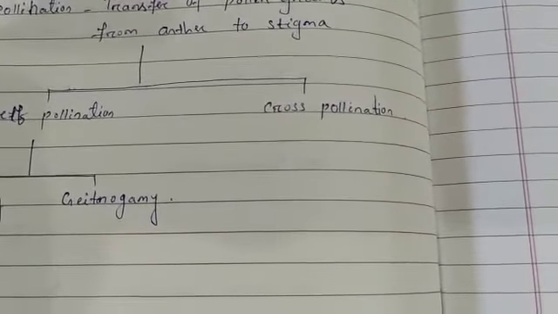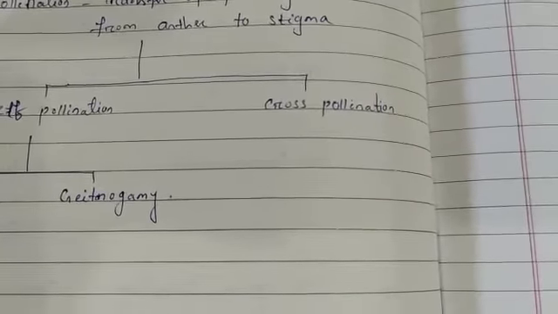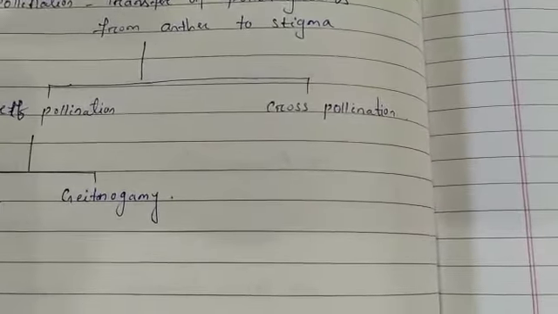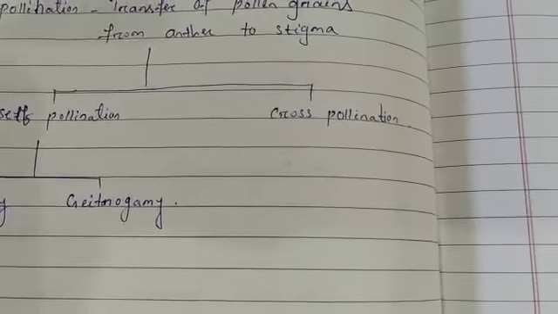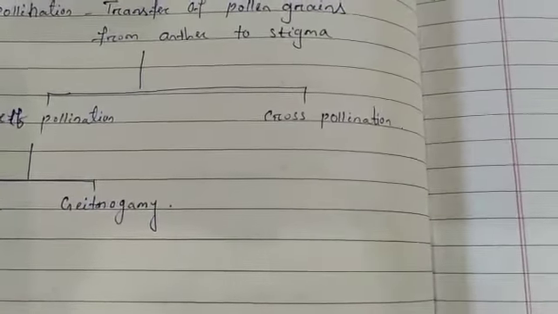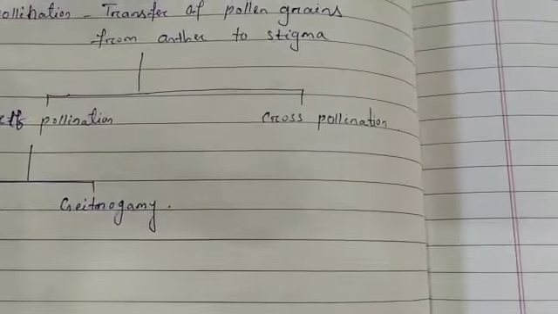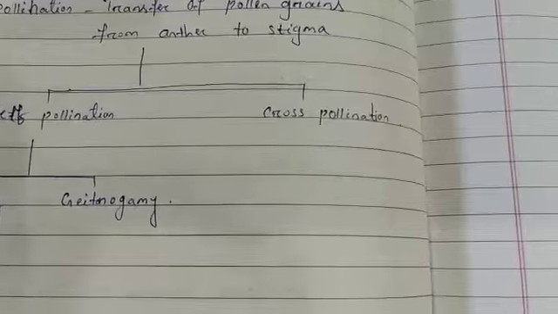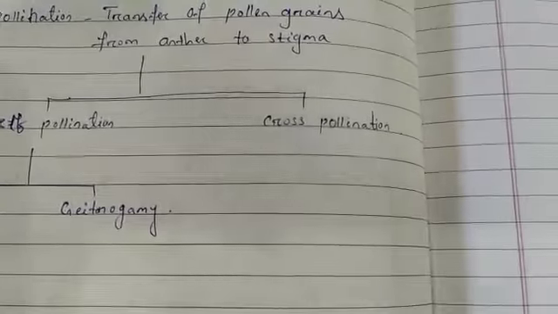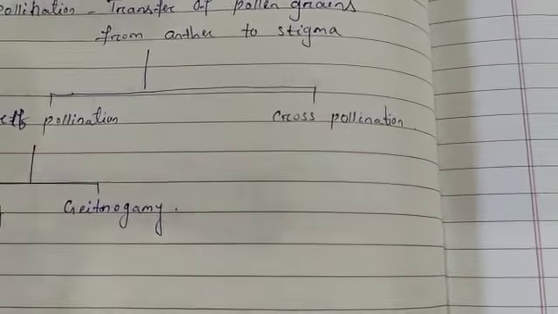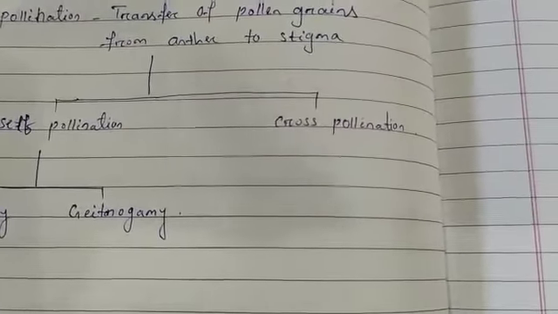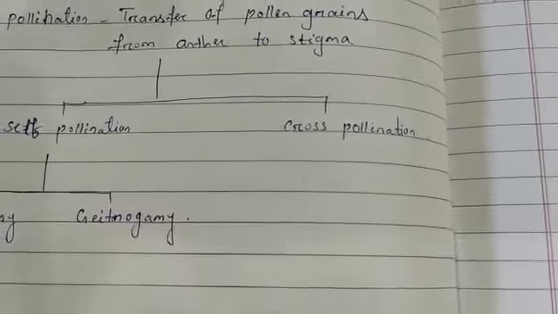Most plants need the help of various agents of pollination to carry out cross pollination, like wind, insects, birds and other animals. They play an important role in pollination. They act as pollinating agents because cross pollination is the norm in most plants. Here the anthers from different flowers are transferred to the stigma, so it can take place on the same plant or on different plants. These are the pollinating agents.